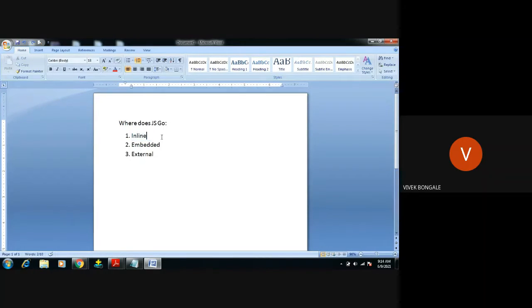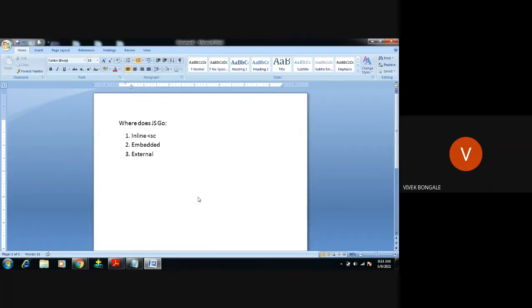First we start with the inline. Inline, you already know, right? In CSS the same thing is followed over here. We write the JavaScript block in the body of the HTML code by using the script tag.